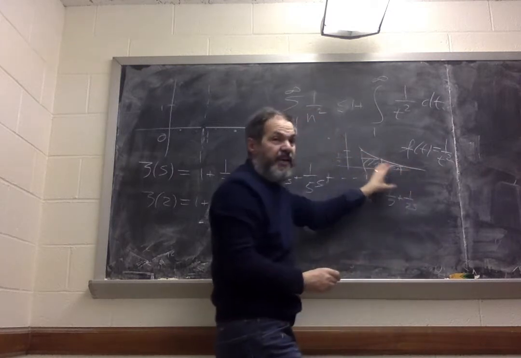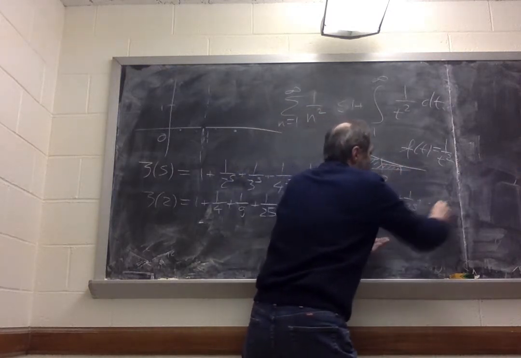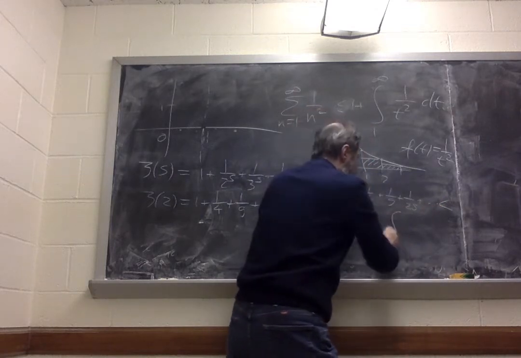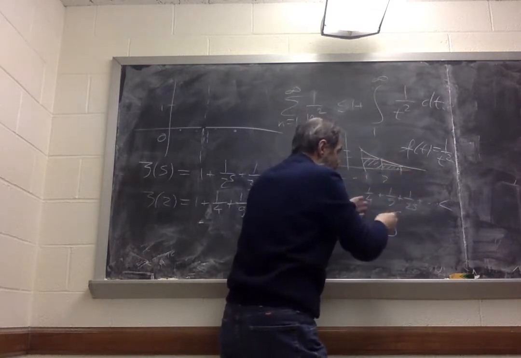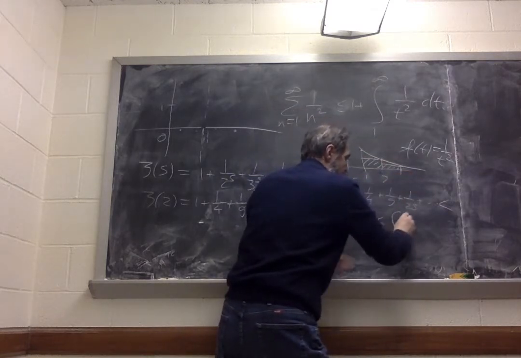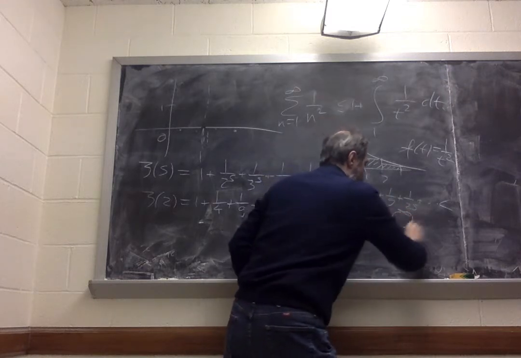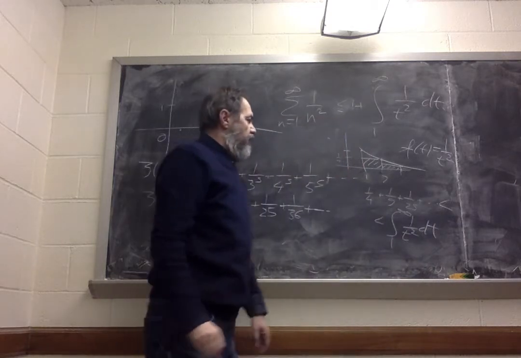So if you look at all these areas of these rectangles, you get these numbers. So this is anyway less than the area under the graph. So the sum is less than the integral from 1 to infinity of 1 over t squared dt. Okay,